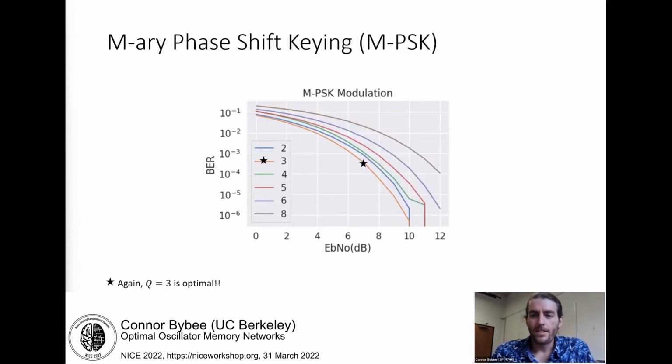So for fun, I simulated a common channel coding experiment using M-ary PSK. The goal of this experiment is to test, for different signal-to-noise ratios, the bit error rate for a given energy per bit over the noise of the signal. And again, I find that Q equals 3 is optimal. And this result not only is grounded in mean field theory, but now is in communication theory. So it goes to show that potentially there is a way to design efficient, optimal associative memories for neuromorphic hardware. And this will maybe have practical applications also in communication.